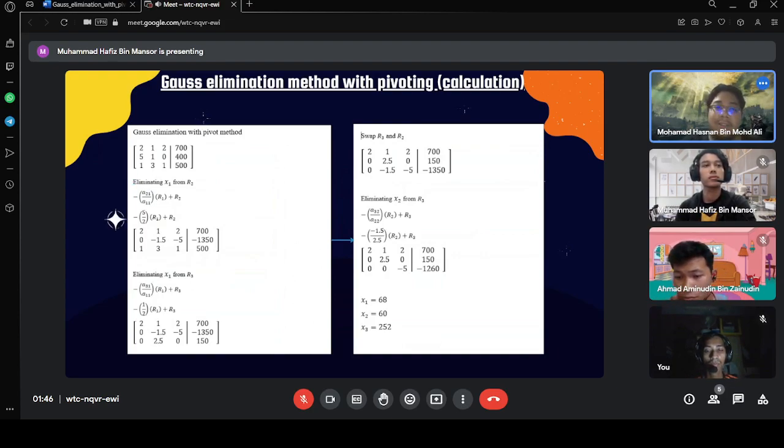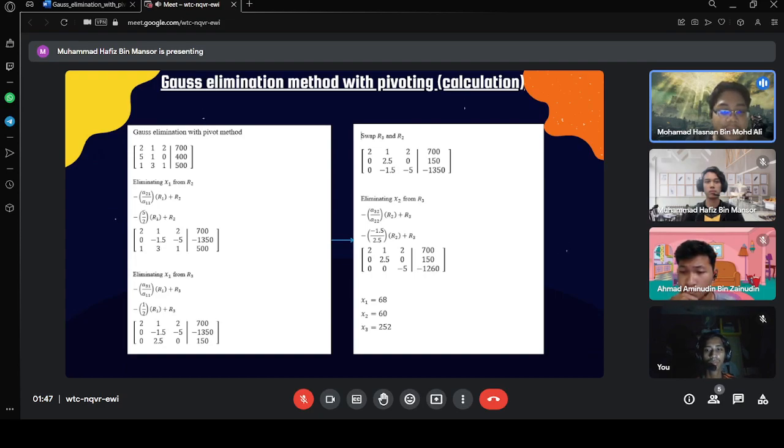first we must swap all the rows, row 1 and row 3. We must swap, but because our linear equation doesn't have the number one in the first column, as we can see, at the third column is number one, so it's already at the lowest row. So as we can see, we do it step by step, same as pivoting, and then we see that